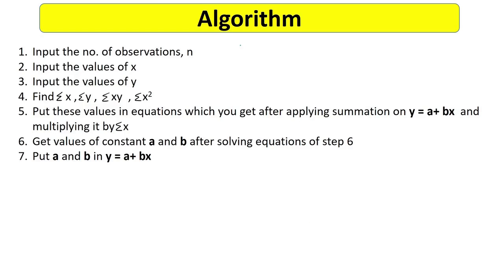Now, as you have seen, we were given some values of the x in the question and some values of the y. So we will ask the same thing from the user. Before that, we will ask how many values of x and y the user will enter. Let's say in the question we are given 4 values of x and 4 values of y, that means we have 4 data points of the form x comma y. So our number of observations, or the number of data points, will be 4. So n will be 4 in this question.